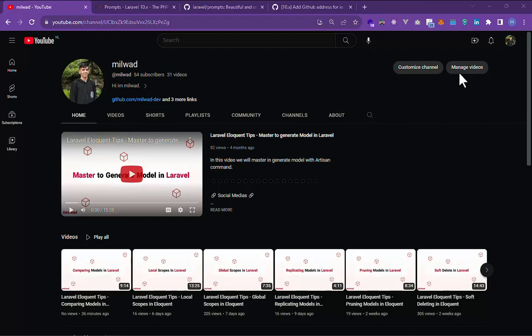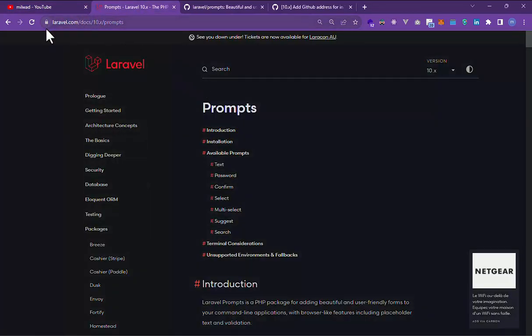In this crash course, we will be working with Laravel Prompt and make a new command line application. Laravel Prompt is a new package developed by the core Laravel team, and it helps to make beautiful and user-friendly forms for command line applications. So, let's go. If you want to read the documentation about Laravel Prompt, you can go to